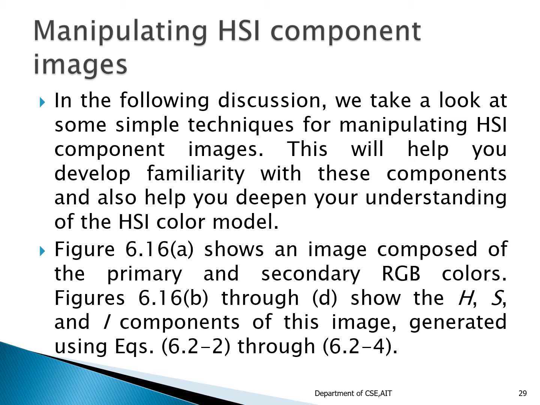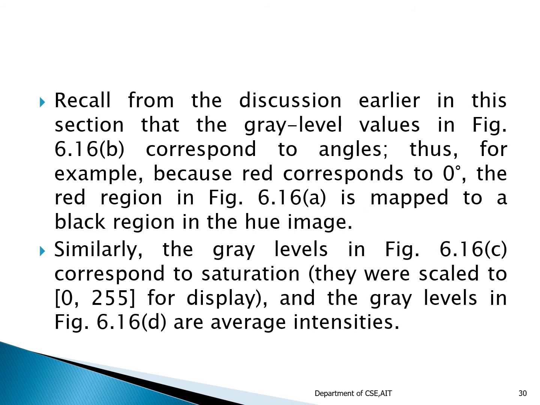From this we can understand clearly how this HSI color model works. In the next slides we are going to have a visual representation where the image consists of the primary and secondary RGB colors, and we can see how this image can be manipulated by using the different components H, S and I. Remember that all these values are now expressed in the form of angles. Depending upon the angles, we have to understand the HSI color model and how it is converted to different types of color models.